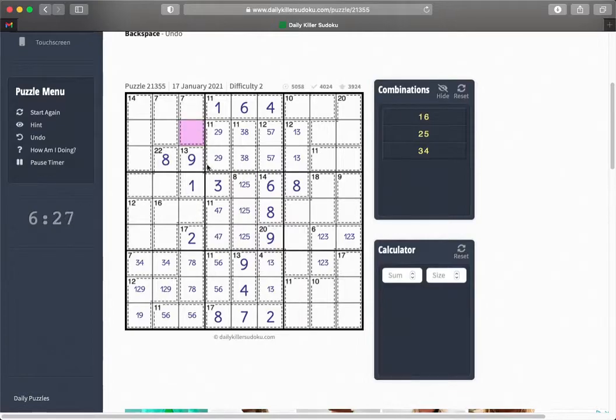Oh, and this 7 box as well. Look, there's a 1 and a 2 in this column, so the combinations of 1 and 2s are impossible. So this is a 3, 4. There's a 4 there already, so that's 3, 4. Now,